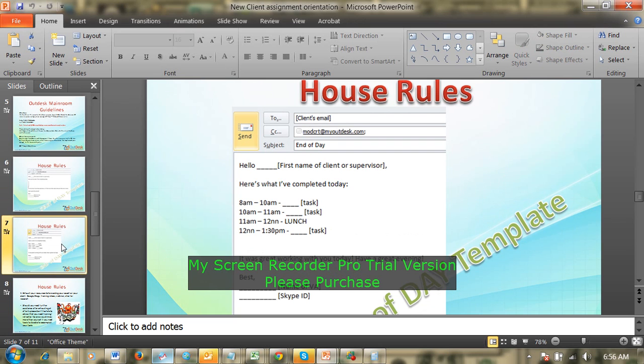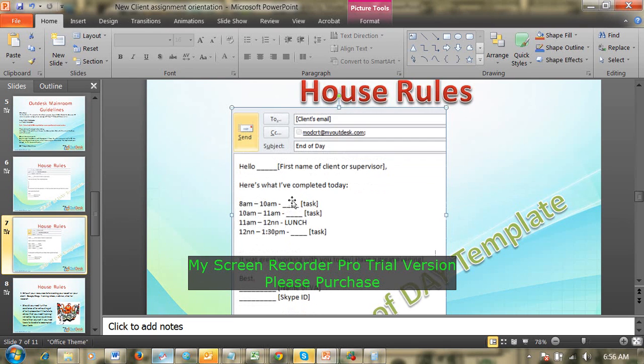Great. Okay. Well, this one is for your end of day. So again, client's name, copy modcrt@myotis.com, and the subject would be end of day. So hello Renee, here's what I've completed today. Of course, the only things that you'll be putting here would be the things that you have accomplished. Okay?